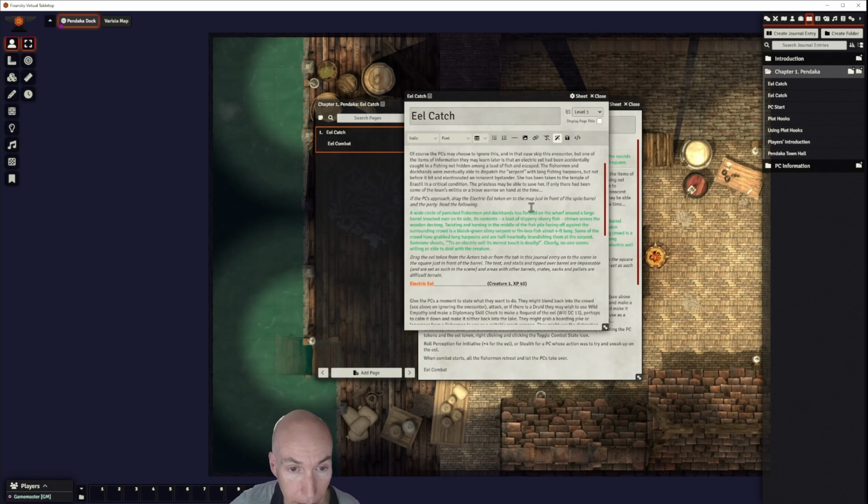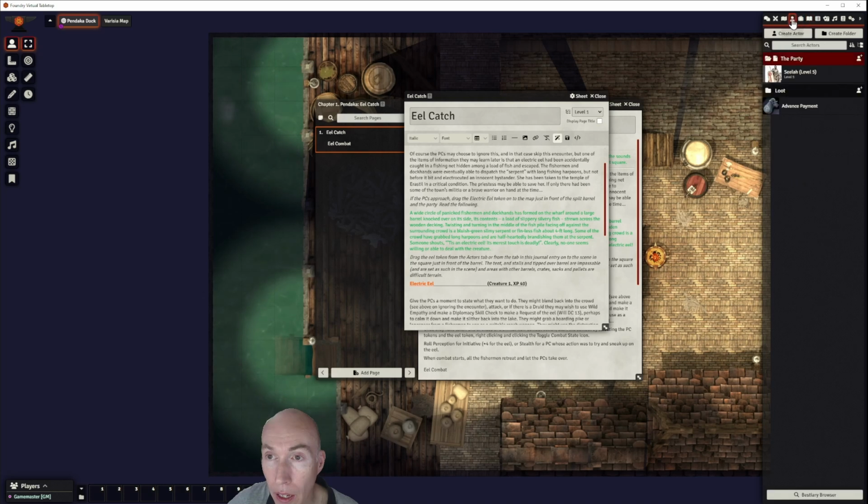And drag the eel token onto the map just in front of the spilt barrel, and the party sheet